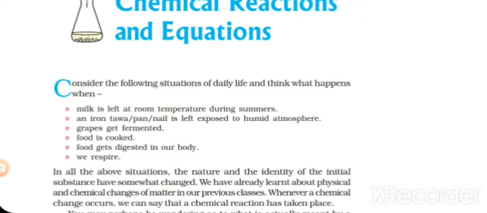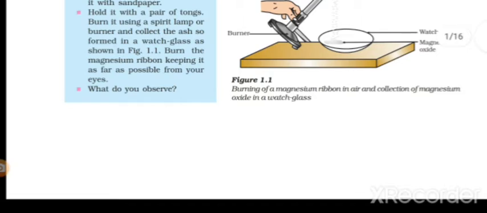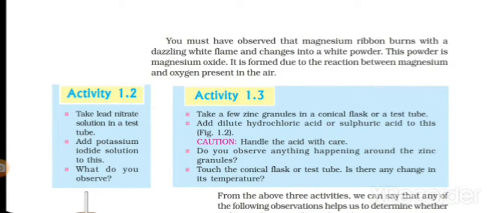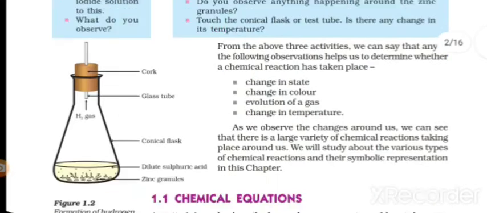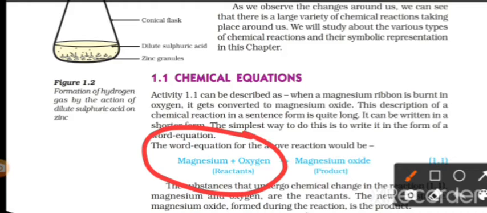Okay, so in this chapter we'll be performing different activities in the activity box, or in your school, in your science lab. Now coming to the chemical equations, how do these chemical equations look like? It is nothing but on the left side here, these are chemical reactants, and here these are all products. Okay, it is also mentioned here magnesium plus oxygen, they react with each other and magnesium oxide is formed.